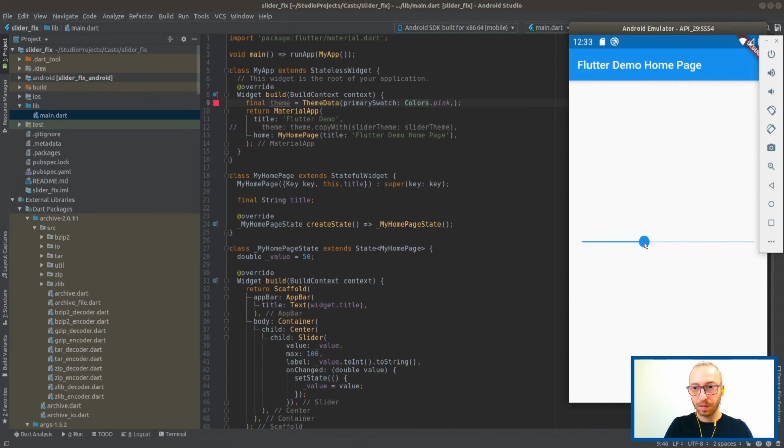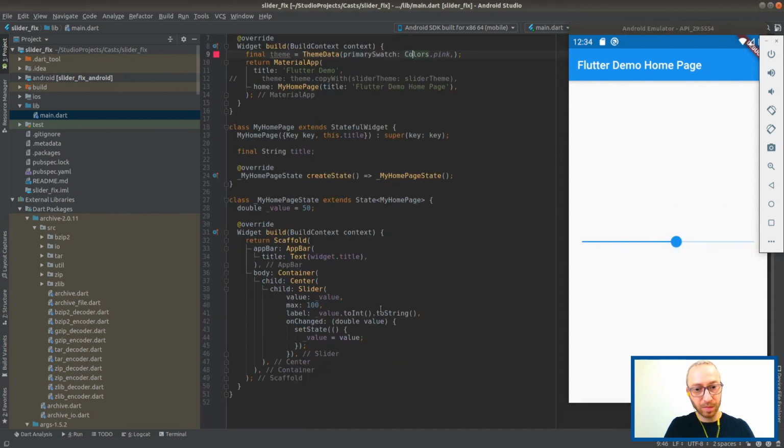Did it? Huh. Looks like it works. It's usually a bad sign when something works just out of the box.